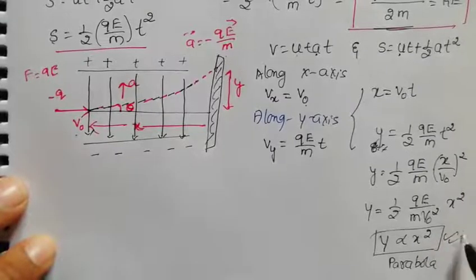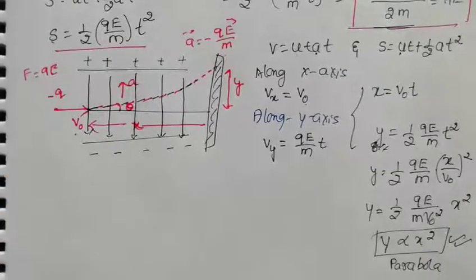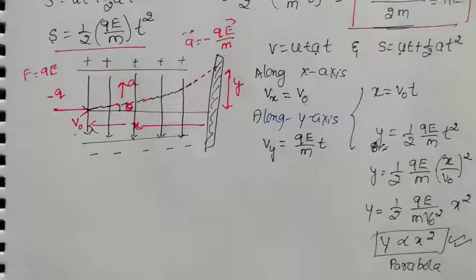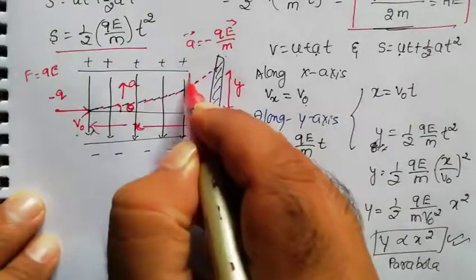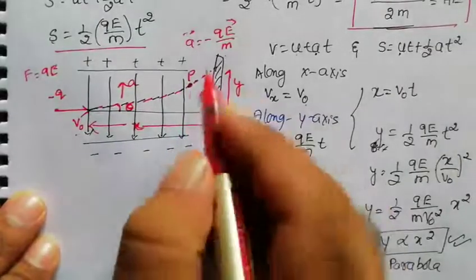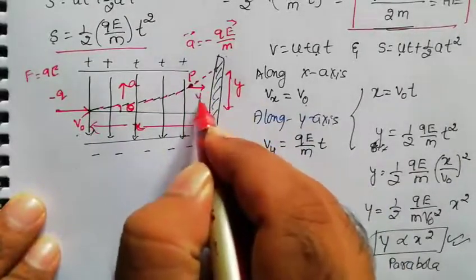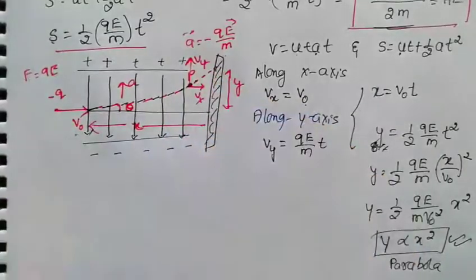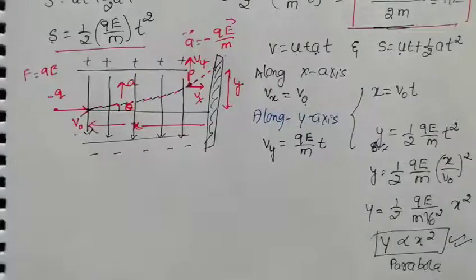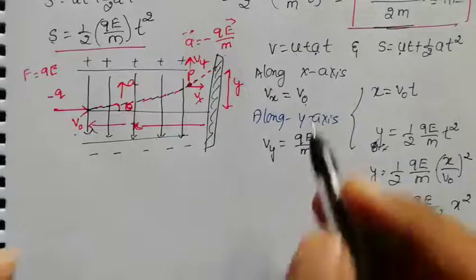So this is what now? Condition for parabola, y proportional to x square. Okay, this is the one conclusion we got. Sir, I want to know the velocity at any point here. Okay, let me take some point here. At this point I need to know the velocity of the particle. Let me call the point as P. Simply Vx value, and at this point Vy value we need to find. So Vx value how much, Vy value how much, we got here already.